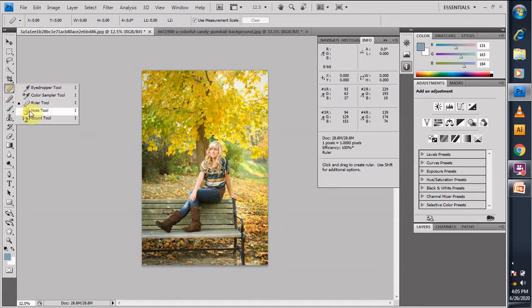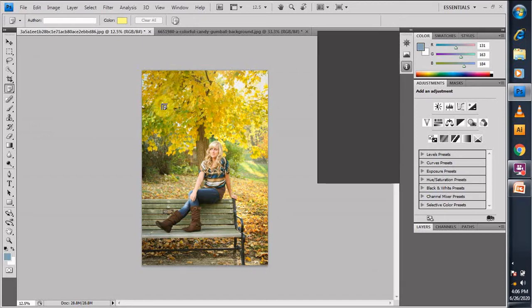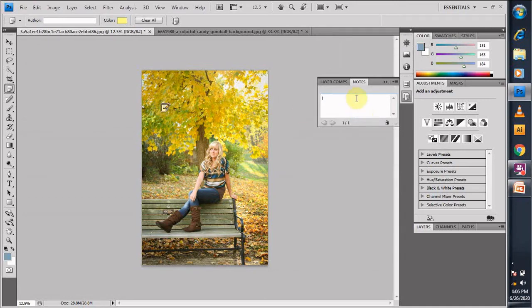Now this is the note tool. Note tool, as the name suggests, is for note purposes. Suppose I want to place a note in my image, so that when I send this image to some other person, he or she can open up the image, open the note and read what information I have placed in it, in case you want any changes, or in case you want something in the image to be rectified or improved.